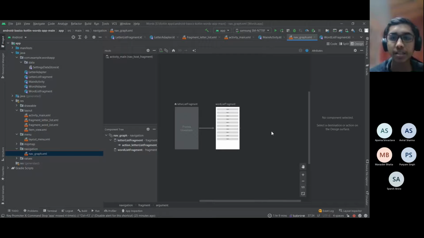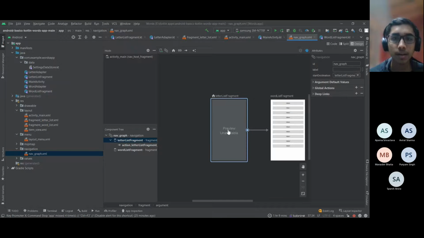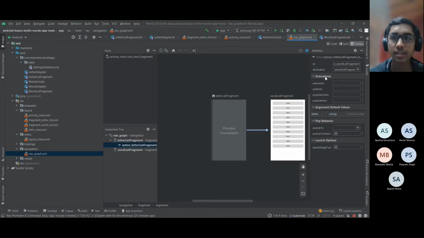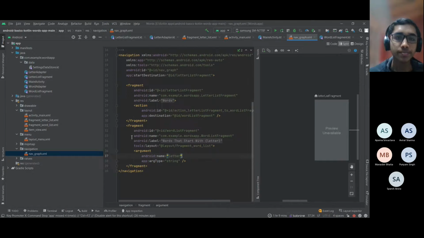If you check in the design page, then you can even look at how it will actually look. You can select it and see all the arguments, actions. When you select the actions, you can even set the animations, behaviors. A lot of options are there. And if your app gets bigger, this nav graph will be bigger, and many times it's harder to visualize without such a pictorial representation, right? So that's where this comes in very handy.